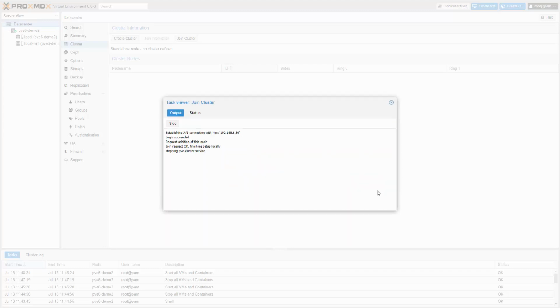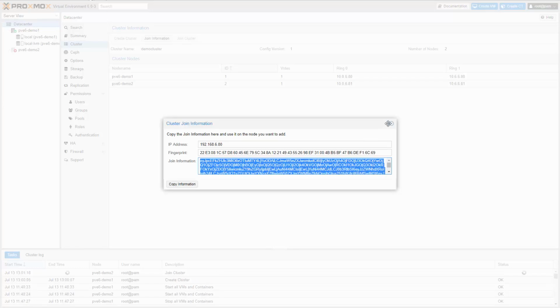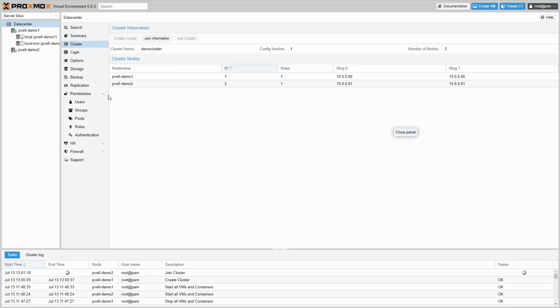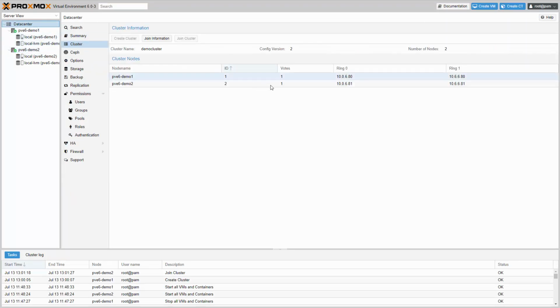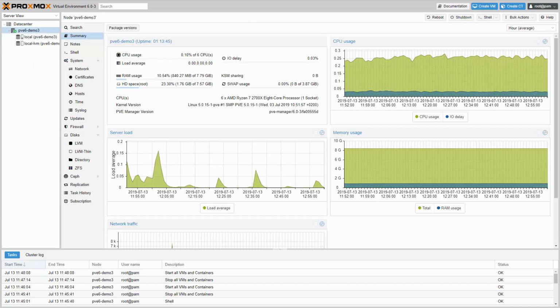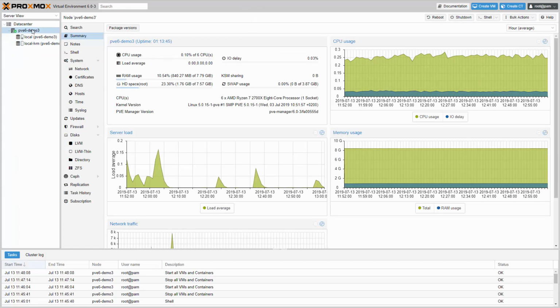If we go back to the admin interface of the first node, we can already see the second node there. Now let's do the same for the third node.